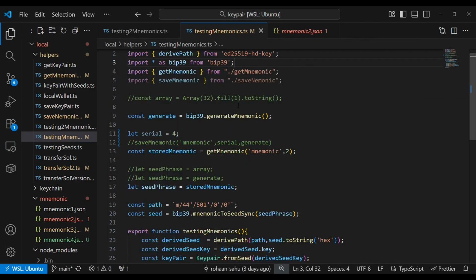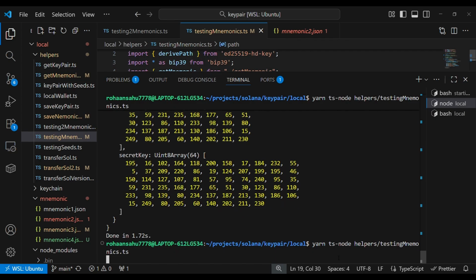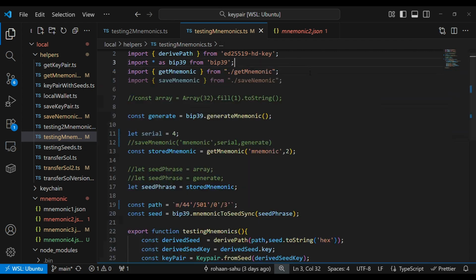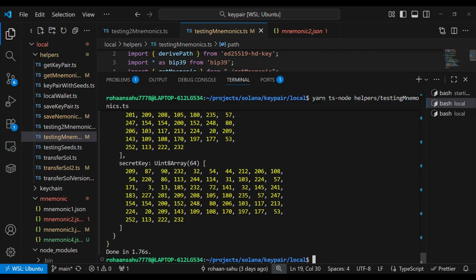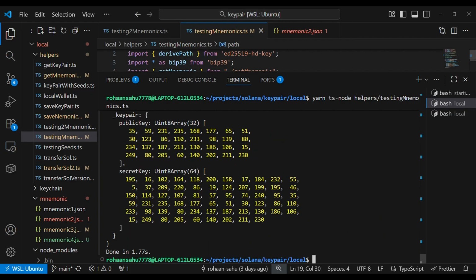Let's change the path from 0 dash to 3 dash. As long as you change it to anything different, it's going to completely change the key pair and there is going to be no similarity whatsoever to the older one. And once you come back, let's go back to the older one. Let's do a Control Z, save it, and let's run the same code again, and we see